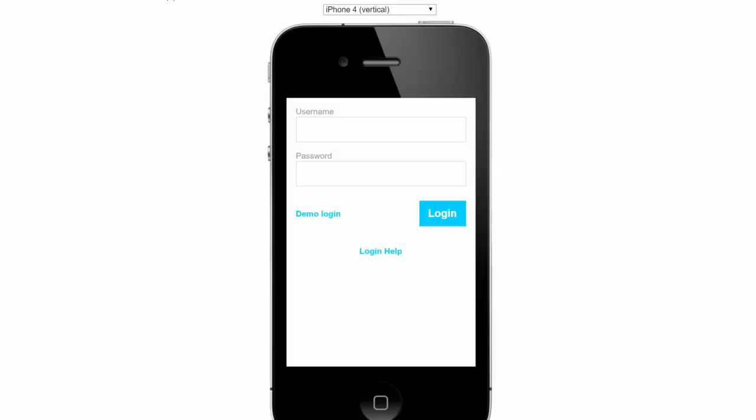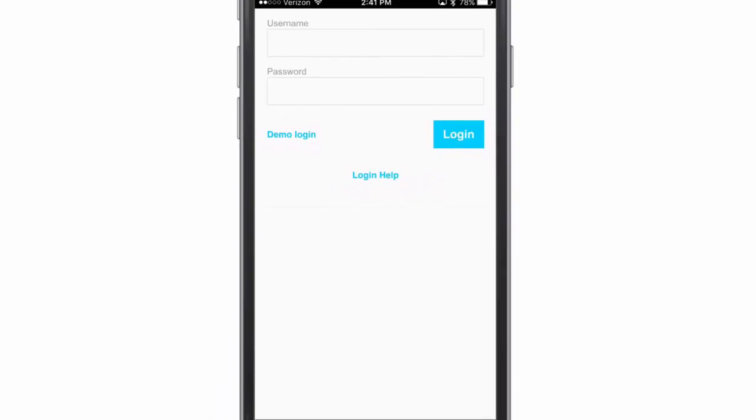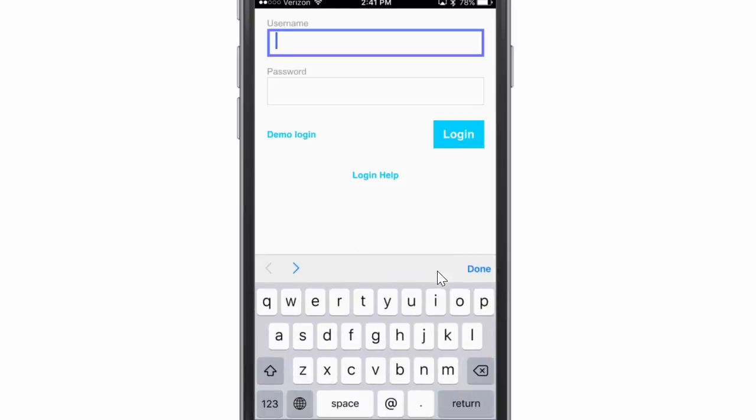But in order to be able to do a lot of the testing, you really want to be able to run it on a device. I'm showing it in a mirrored iPhone, and here this iPhone is connected by Wi-Fi to the server that I have running on my machine. And if I type in the username that I've put in to the Alpha security,